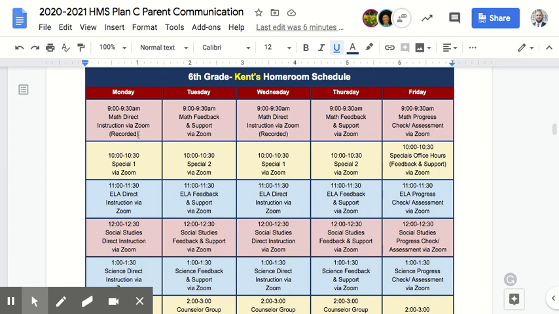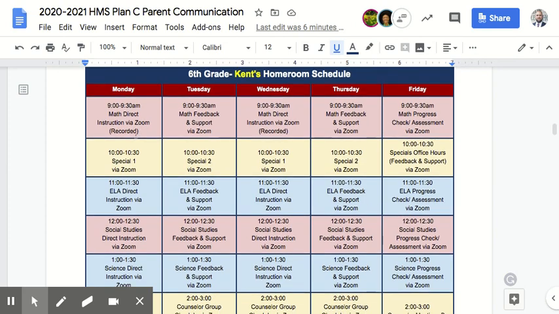And so if your student gets an assignment on Monday after the lesson where they learned something new, then on Tuesdays, they would be able to ask their teacher questions, get any further support, and make sure that they know what that standard is actually covering. And then same on Thursday. On Fridays, there will be a progress check or an assessment to see what your student learned throughout the week. And then that will drive instruction for the following week to see when it's time to move on to the